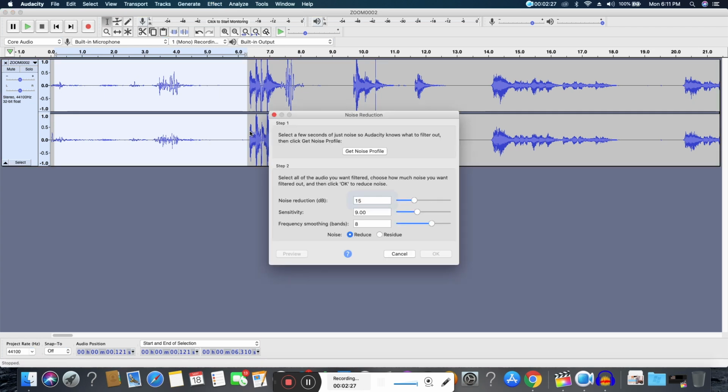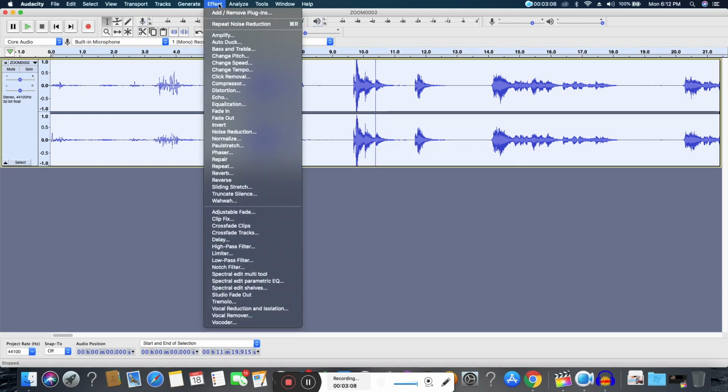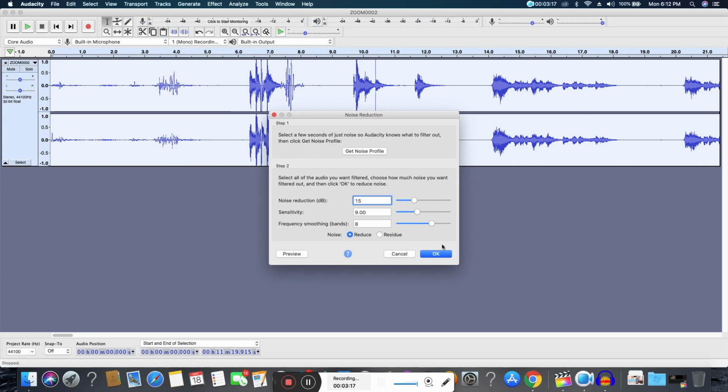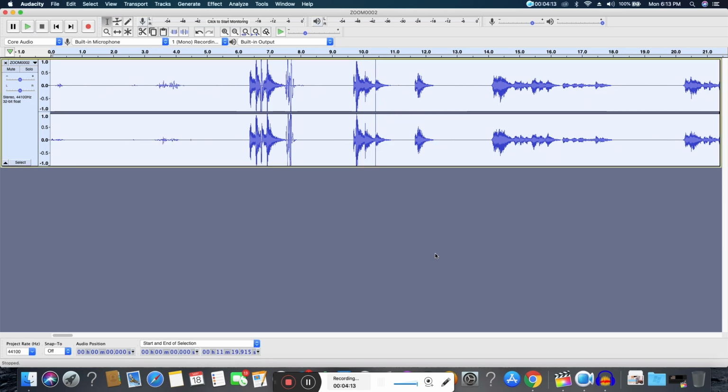Now you can see a window where you get a button called Get Noise Profile. After getting the noise profile, you need to select the entire track and click on Effect and click on Noise Reduction. There you can see the values, so you can play with those values and click on Preview so that you can hear the audio, and if you want to do any modifications you can adjust those values and you can get a proper audio without noise. Then you need to click on OK. When you click on OK, it will remove the noise using the noise profile which you captured earlier.